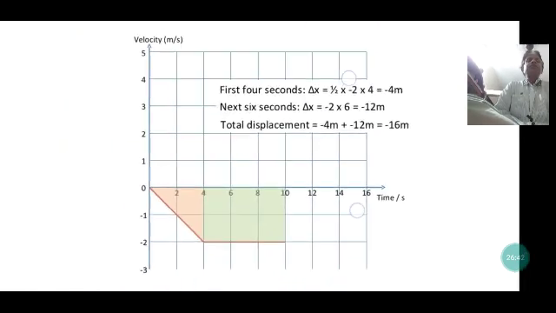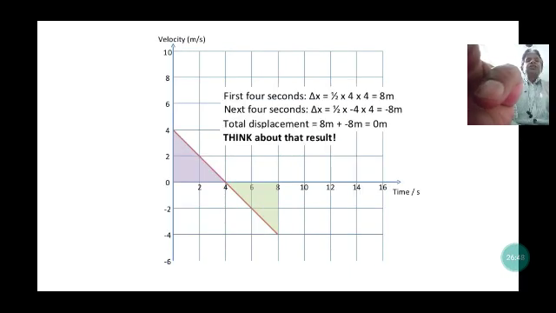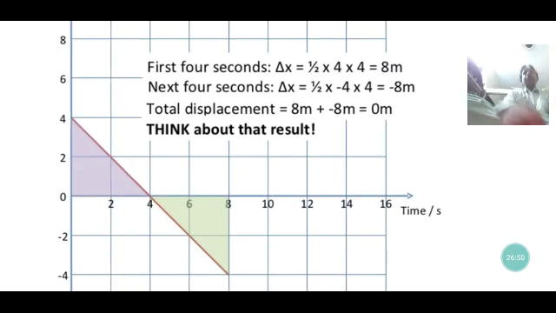Okay. Now, in the next slide we'll discuss another velocity-time graph. Here the initial velocity at time 0 is 4 meters per second, and it becomes 0 after 4 seconds. After that it returns, moving in the opposite direction, and its velocity decreases and becomes minus 4 meters per second. Now what is the total displacement covered? By this graph we can also calculate it.